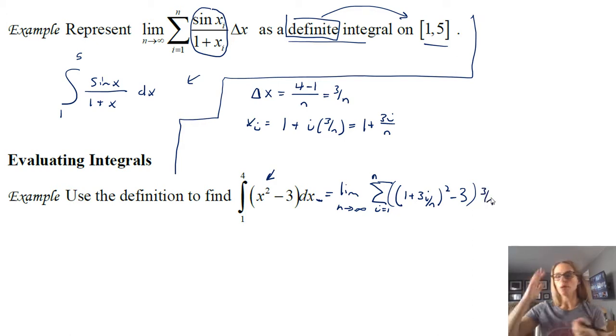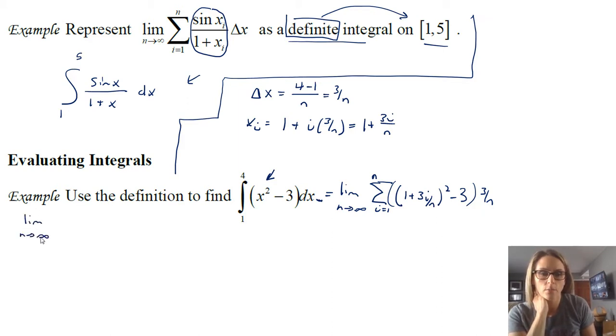And then all we're going to do now is just like we did in the last section, which is multiply this out and then replace the i with what that summation is, which are properties that we were given when we talked in section 4.1 about sigma notation. Okay, so let's come down here. Limit as n goes to infinity.